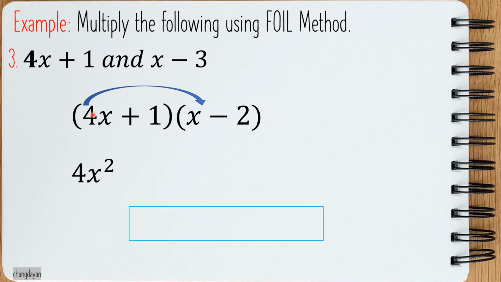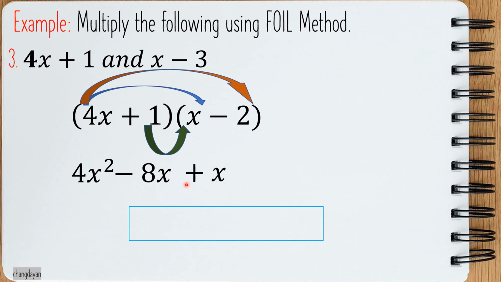So, nasa labas, 4x and negative 2. That will give you negative 8x. Then the inner terms, 1 times x, that is positive x. Then the last terms, which are 1 and negative 2. And the product is